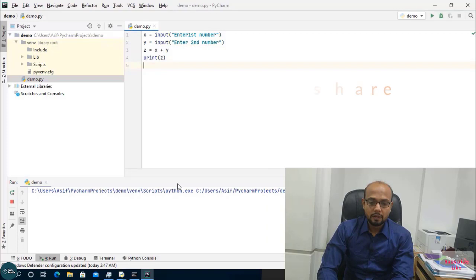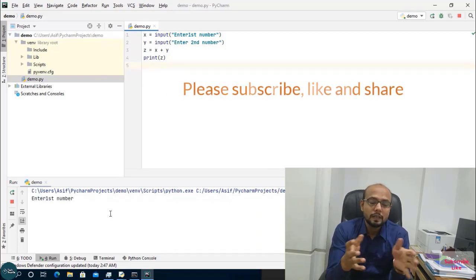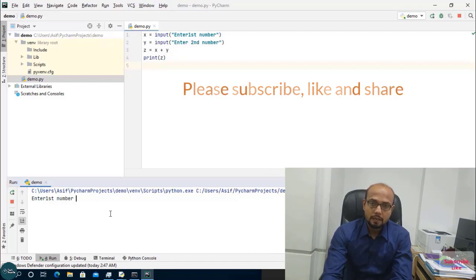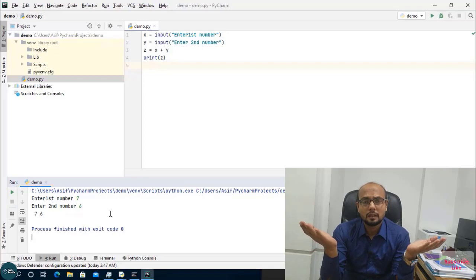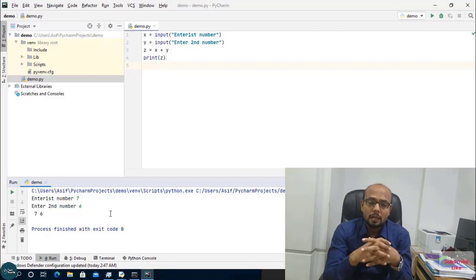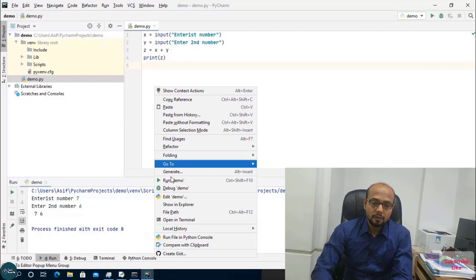So I can write here, and if I run this code again, yes, I can see a line which is saying enter the first number. I just want to enter 7 and press enter, and the second number is 6 and press enter. What is this? 7 6, but I was expecting 13 because I am going to add those numbers. What's wrong here? Did I put a space here? Is that why it's giving me this? So let's run this code again.